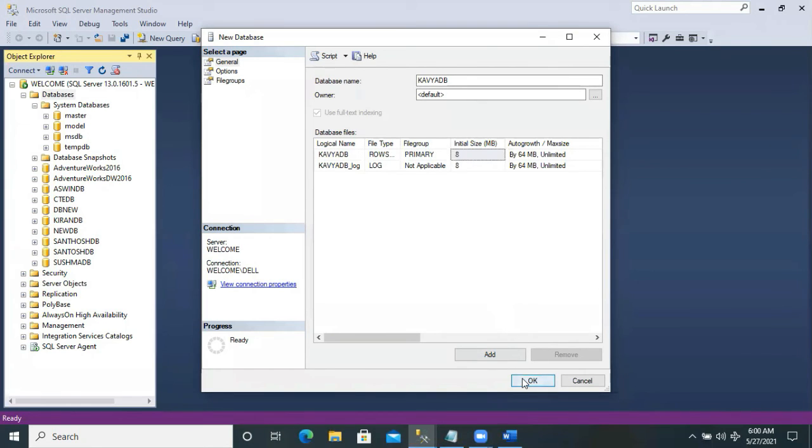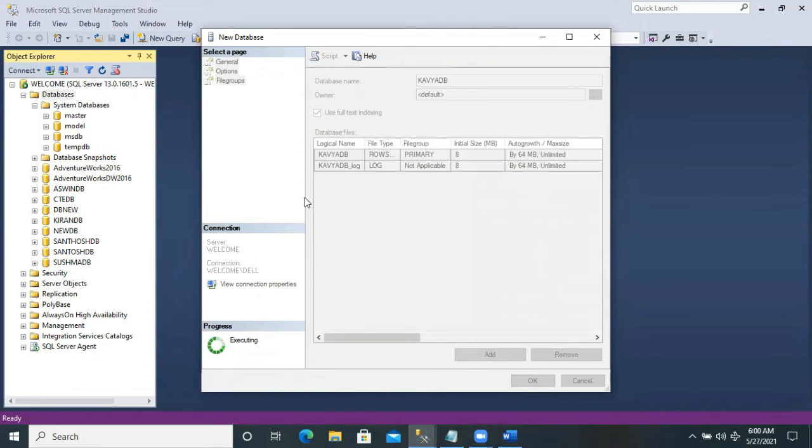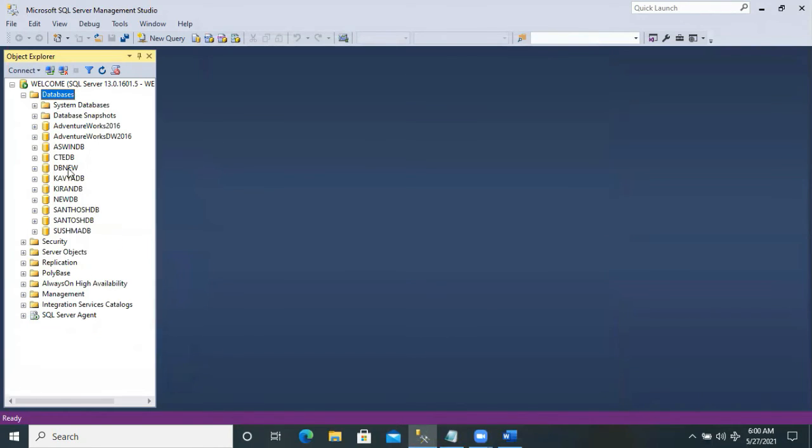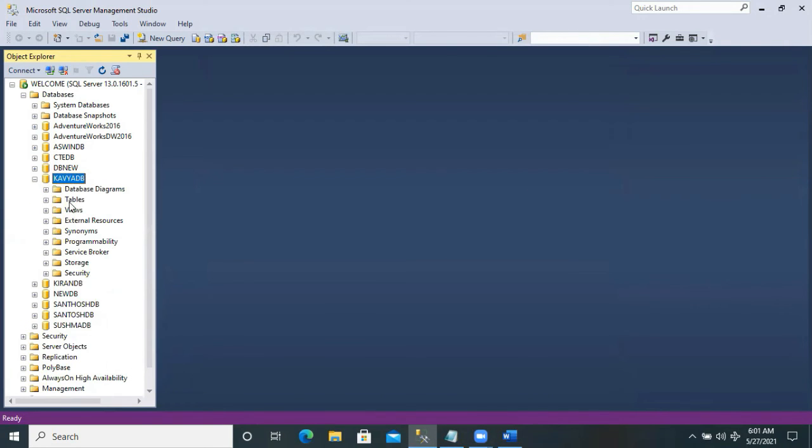Once I create the database, it will get filled automatically by the system database called model. Here we created the Kavya DB database, then it will get filled like this: tables, views, synonyms, procedures, functions, triggers.